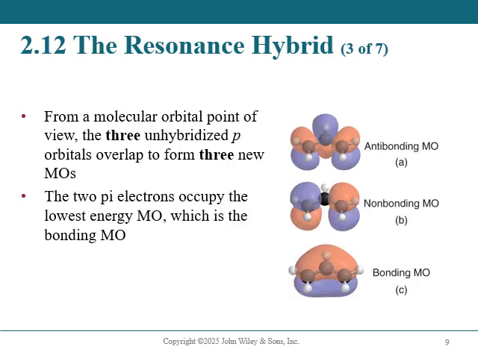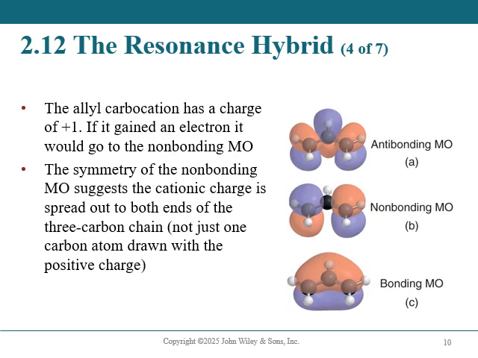From a molecular point of view, the three unhybridized p orbitals overlap to form three new molecular orbitals. These 2 pi electrons occupy the lowest molecular orbital, which is the bonding molecular orbital, right here, the bottom one. And in the case of the allyl carbocation, it has a charge of +1. If it actually gained an electron, it would go into the non-bonding, so it would have to jump that third